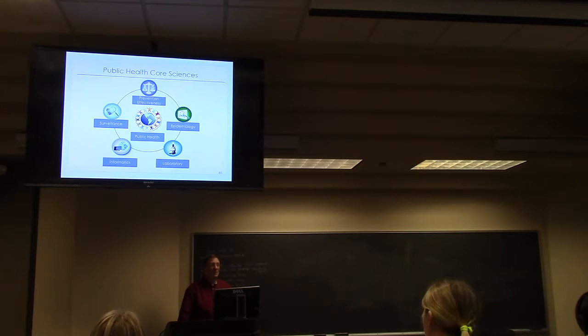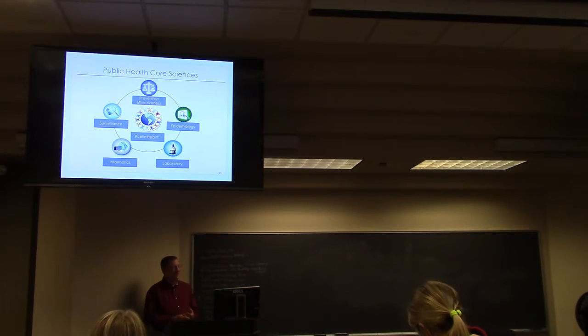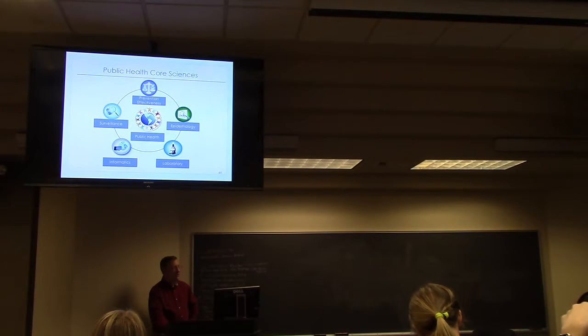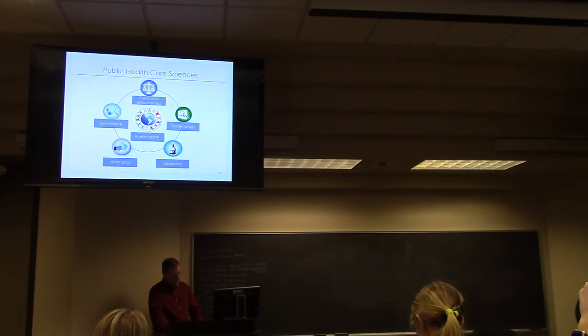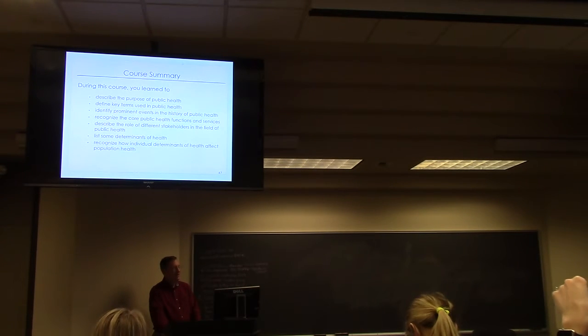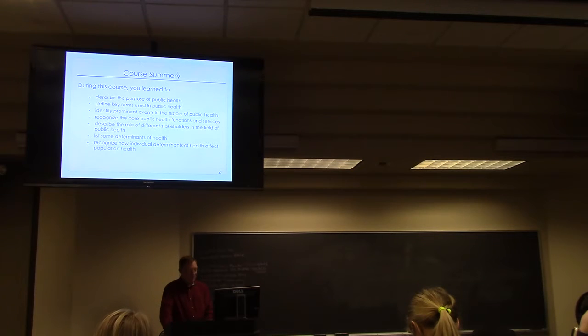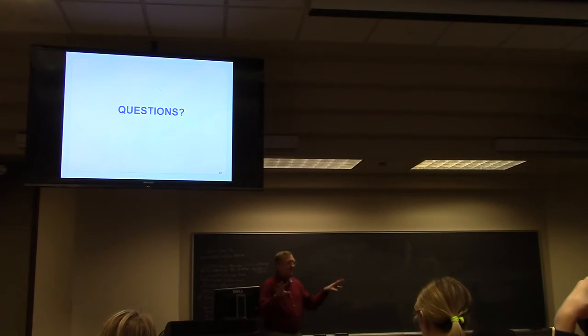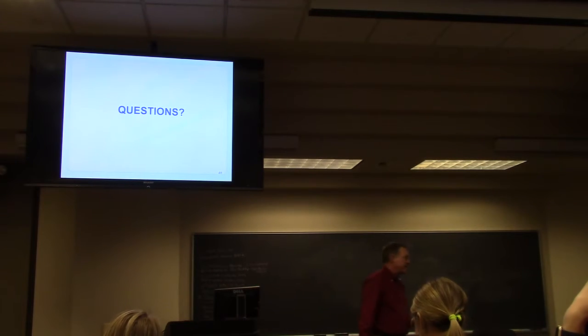So, just in review, we'll wrap up here pretty soon. Public health core sciences, again: surveillance, preventive effectiveness, epidemiology, laboratory, and informatics. None alone describes public health. All five operating together is what defines our public health issue. Okay, there you got kind of your big overview for public health.